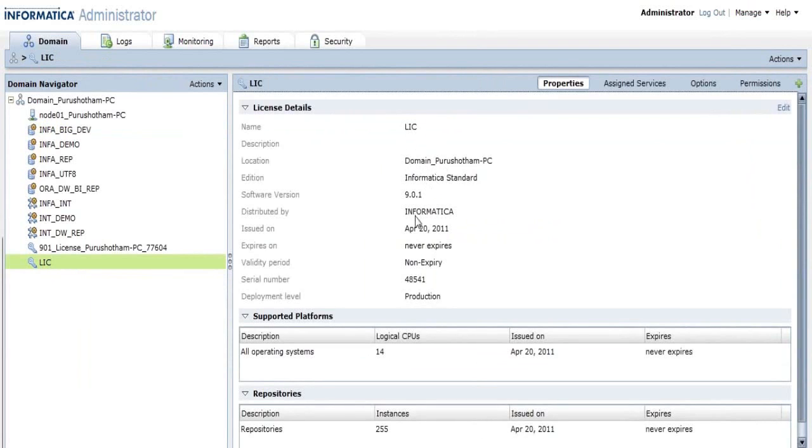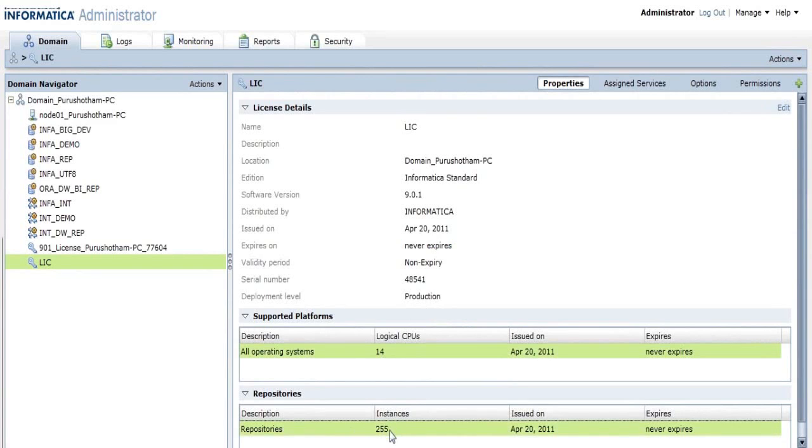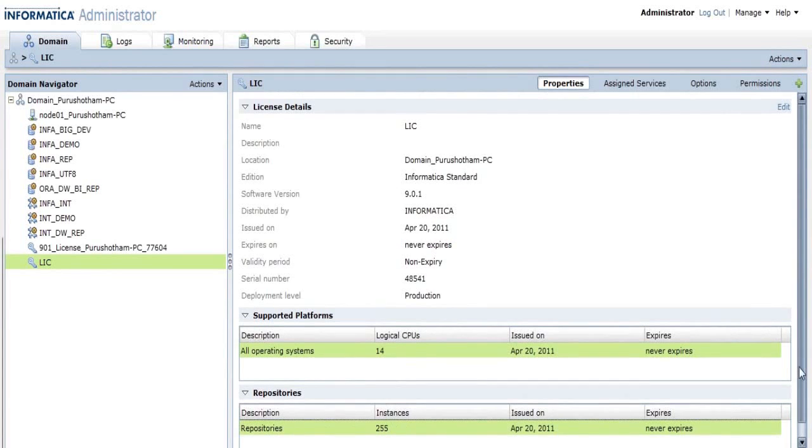This is an Informatica non-expiry license for production. It supports 14 logical CPUs and it supports 255 repository instances, not more than that. So not more than 255 repositories you can create using this license.